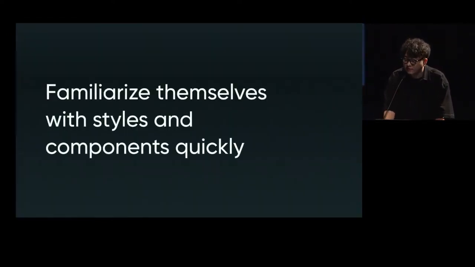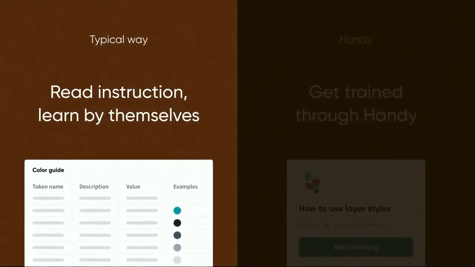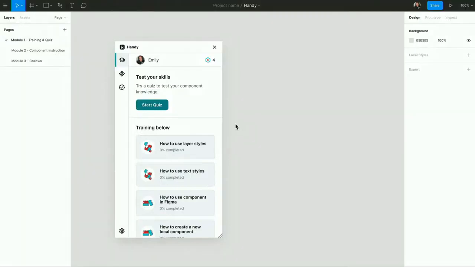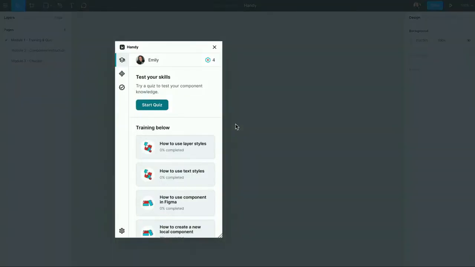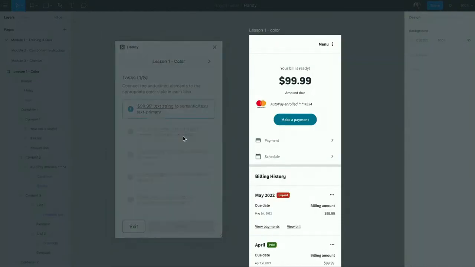The first learning module is for newcomers during onboarding. This module helps designers familiarize themselves with style and components quickly during onboarding. Compared to the typical way in which designers read instructions and learn by themselves, Handy enables designers to practice using the right style and components. Let's start the training to pick the right style for the element. When you press the Start button on the right,